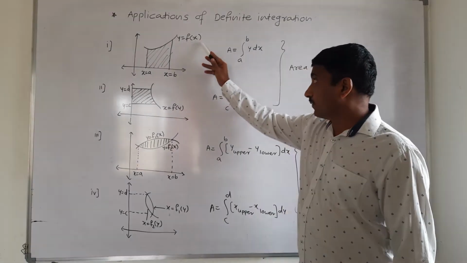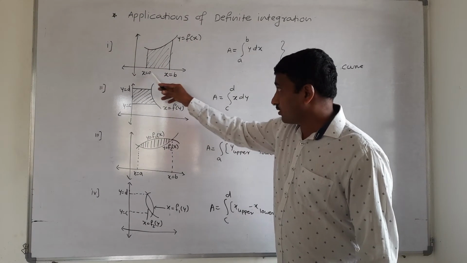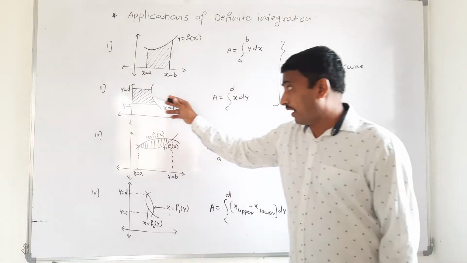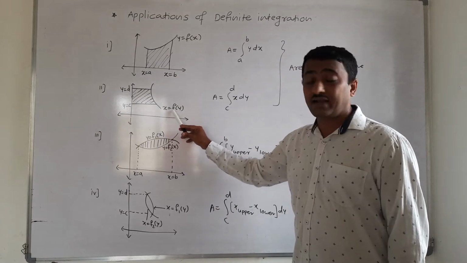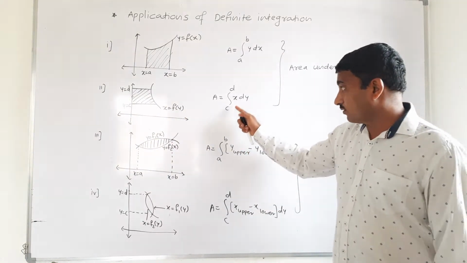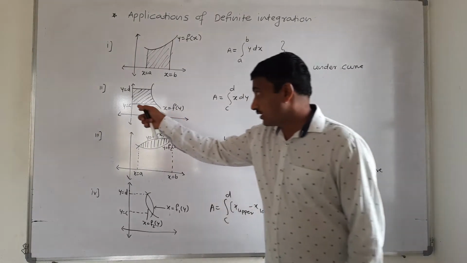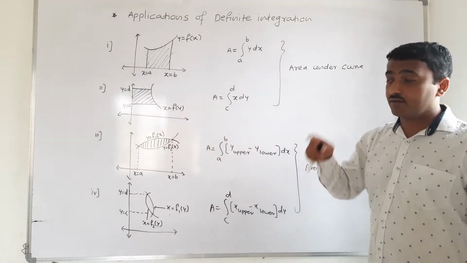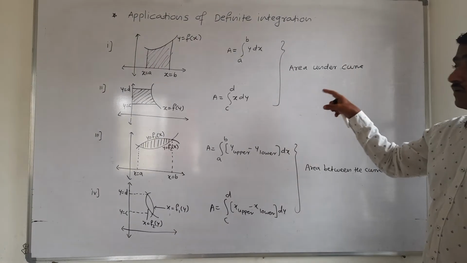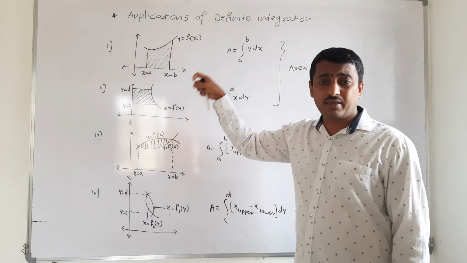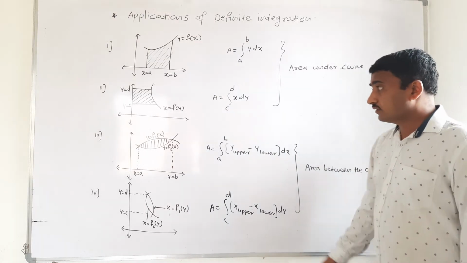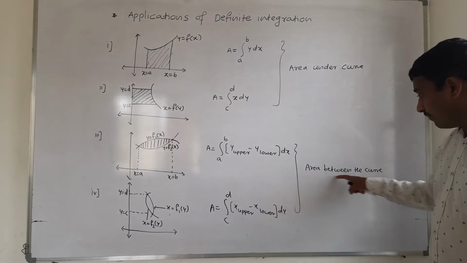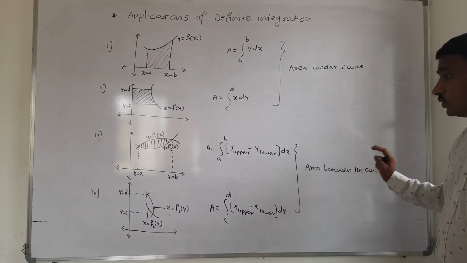म्हणजे जर y in terms of x known असेल आणि x axis वरची आपल्याला रिजन from a to b known असेल तर this a to b y dx. तसंच y axis ला बाउंड असेल तर x in terms of y, then the formula becomes, limits are y varies from c to d, x dy. This is just area under a single curve, एका कर्वच्या अंडर असणारा area, those are the formulas.